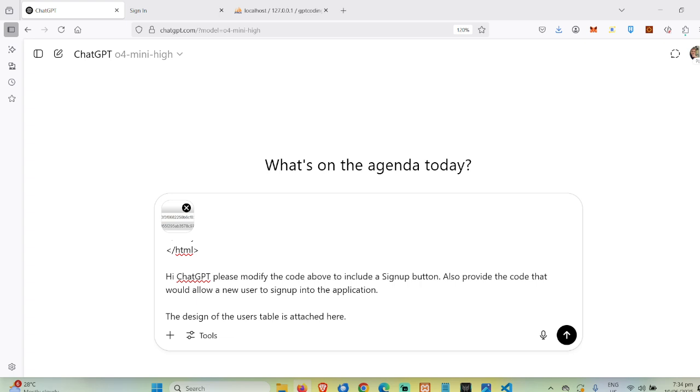Let's add more instruction. Do not modify anything else.